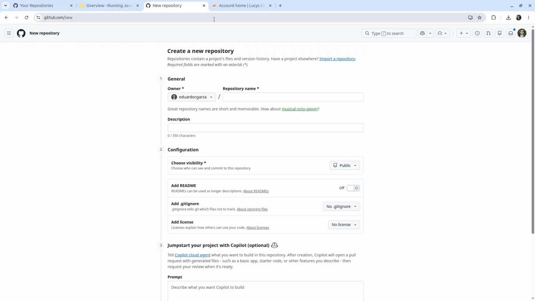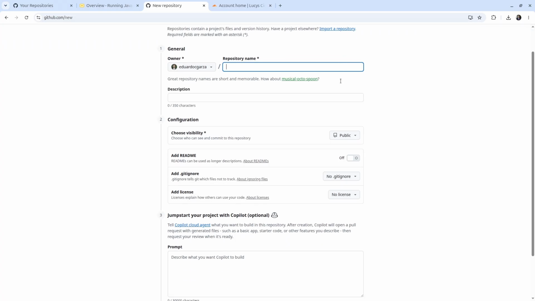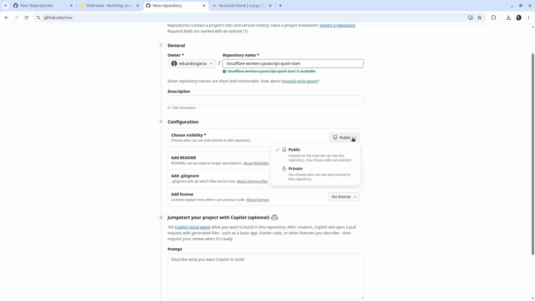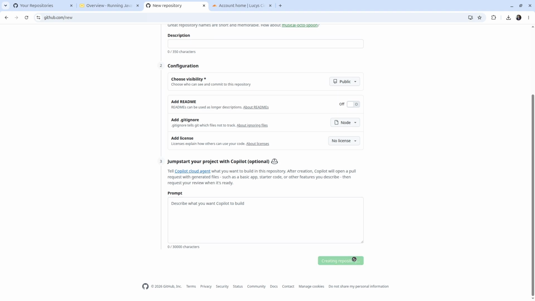So for this tutorial, we're only going to need 2 things, which is a GitHub repository and a Cloudflare account. On the GitHub repository, we're going to create a new repository. I'm going to name it Cloudflare Workers JavaScript Quick Start. I'm going to make it public in this case, and I'm going to set the gitignore to node/JavaScript. Once I create the repository,